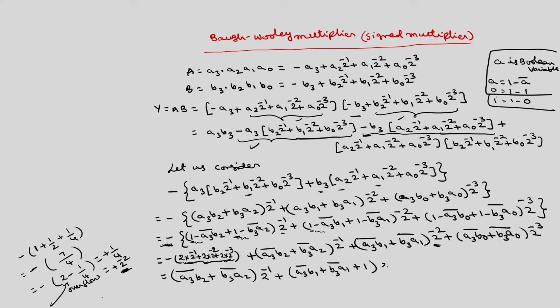That if we take common, this becomes 1 plus A3 B0 bar plus B3 A0 bar into 2 raised to the power of minus 3. So, this is this entire value. If you substitute this value here, so we will get y expression as